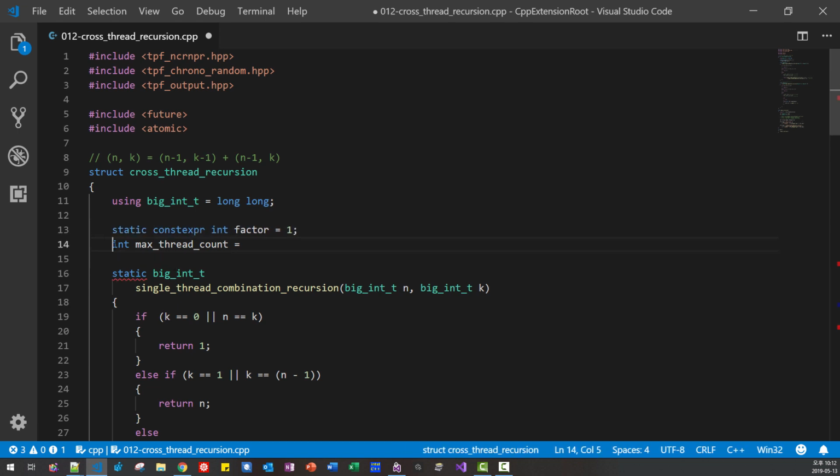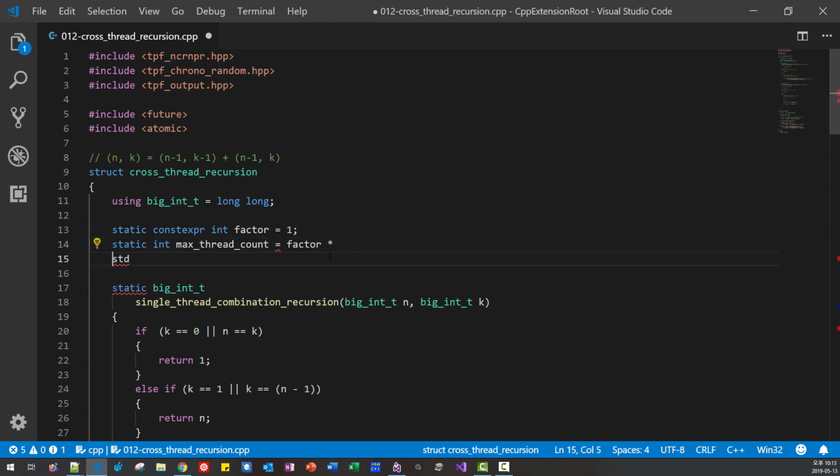Context pair 1. Static int max thread count is factor times std thread hardware concurrency. Wow, we are calling a function like this